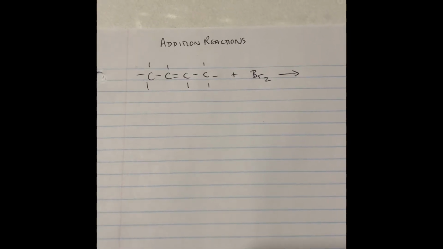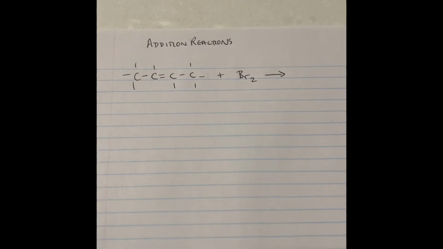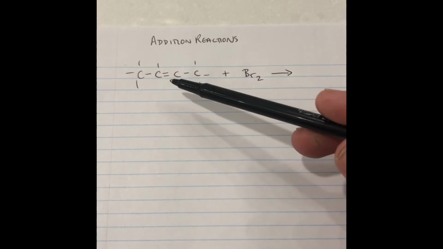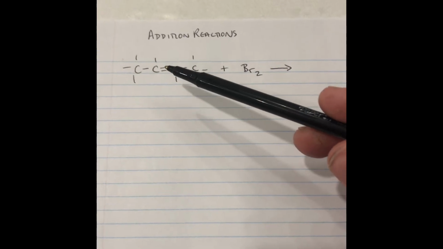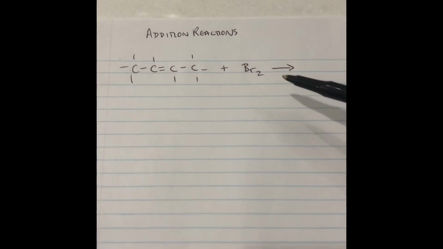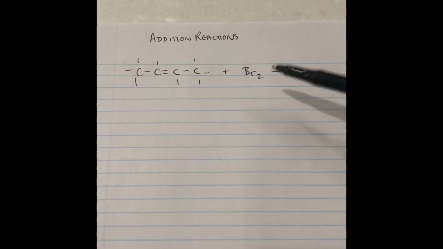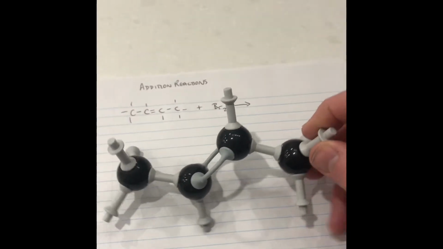Grade 12, I'm making this video to supplement our study on addition reactions. So remember, addition reactions are a situation where you have a compound with a double bond or a triple bond. Typically, we'll be looking at a double bond in the molecule somewhere, and you're going to be adding some material to it. Now, when an addition reaction occurs, you would have seen in the slides that the double bond opens up and we add something in, but I've brought in our model kit to show you maybe a bit better